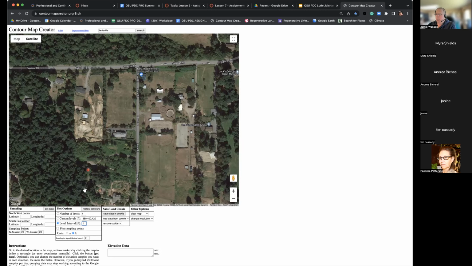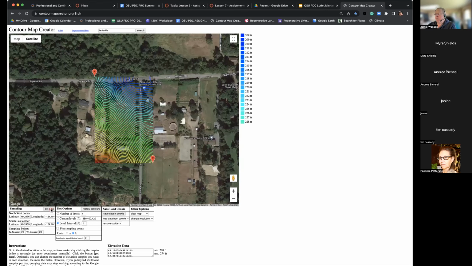But once you've done that, all you do is you click in the upper and lower area, and then a box is formed, and you can adjust that wherever you want. And then what you do is you hit the Get Data button there, and boom, you have your 1 foot contours. Now, if we zoom in here,